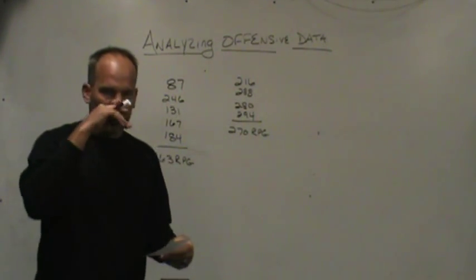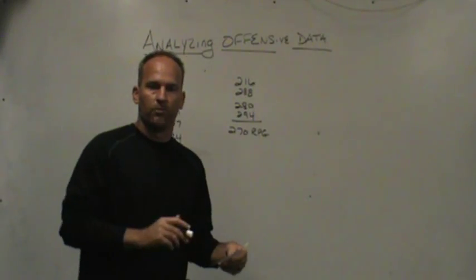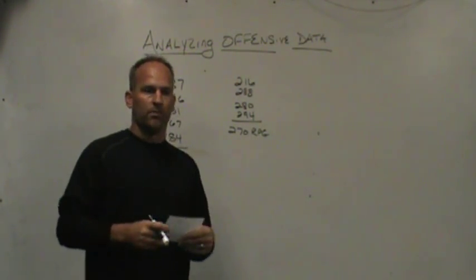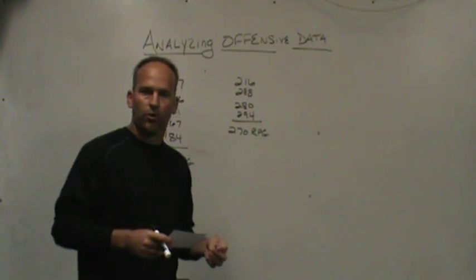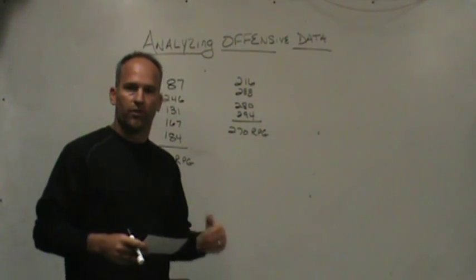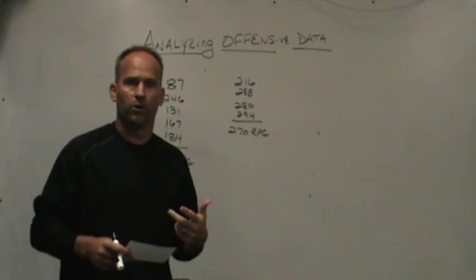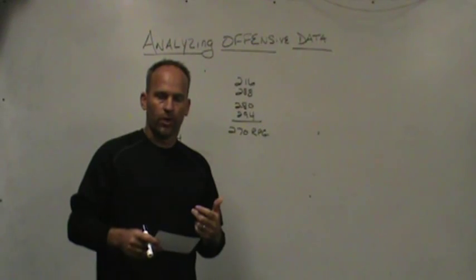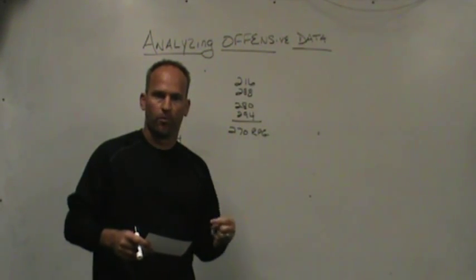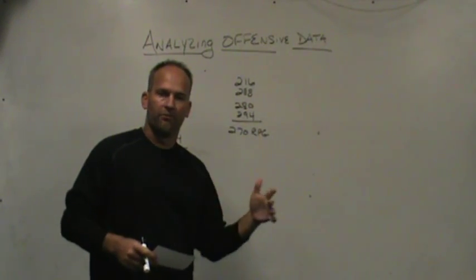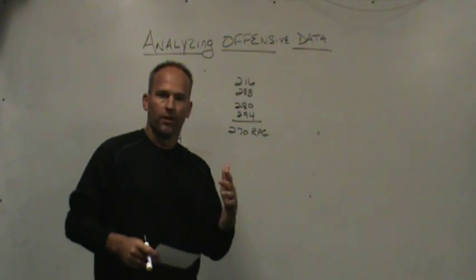lopsided game. Sometimes you can look at games and you might have 3 games on a schedule that you lost 60-0. And maybe in those 3 games, the other teams were just so much better than you. Maybe they had 5 or 6 Division I players and you don't have any Division I players, or maybe you don't even have any college players on your team. It's going to be very tough to have statistics and move the ball and do some things in those games. So sometimes those numbers are tainted, but I feel like in our 9 games there wasn't that big of a